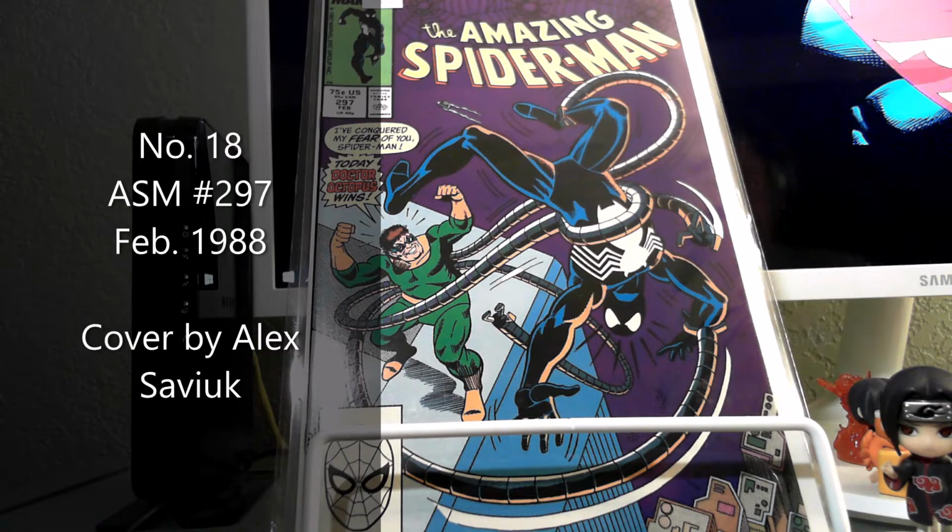It's his mental connection with these arms that are doing all the damage, and Spider-Man's always having such a difficult time with that. So this is just a great cover by Alex Saviuk, and this is actually right before Todd McFarlane takes over the title,